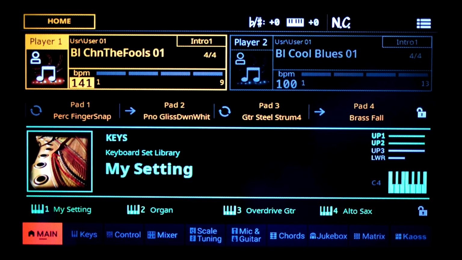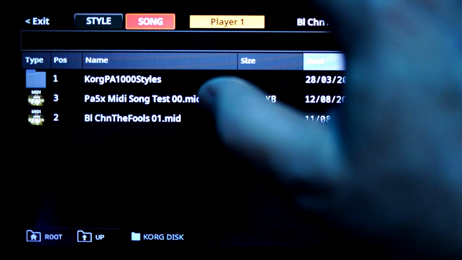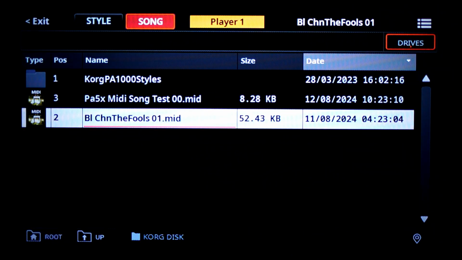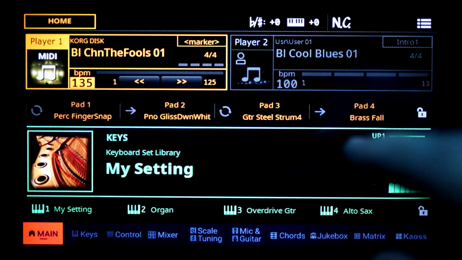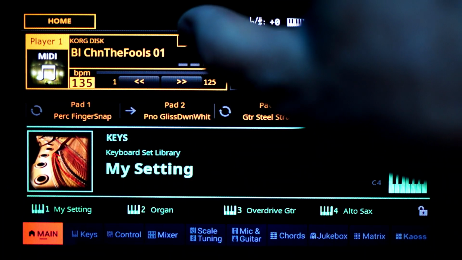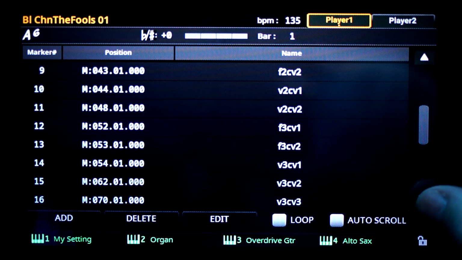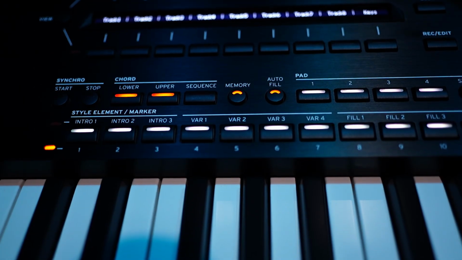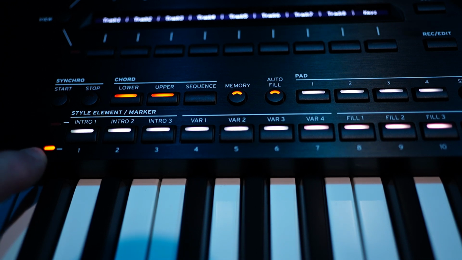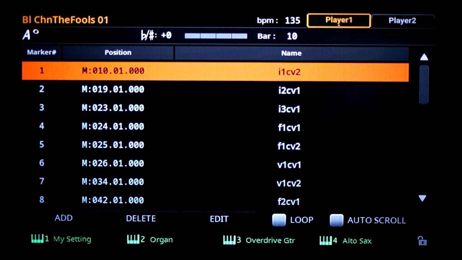Okay, now, this is the Chain of Fools style. Let's bring in Chain of Fools version 1, the MIDI file. So we'll go here, hit Song, and we'll go down here and hit that, exit. And now what we have done is bring it in as a MIDI file. If we go over here to see markers, you're going to see that we have, what do we have? We have like 25 markers. Actually, all 15 buttons are on the screen. So what does that mean? If I go over here and push play,